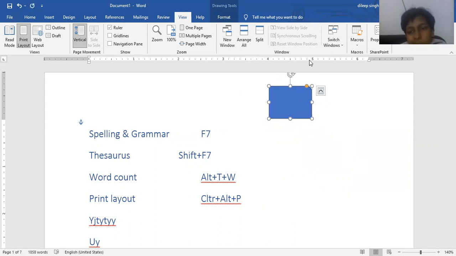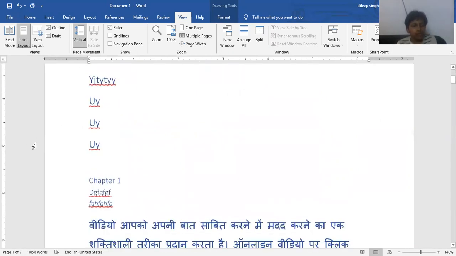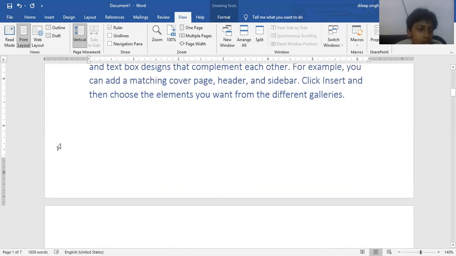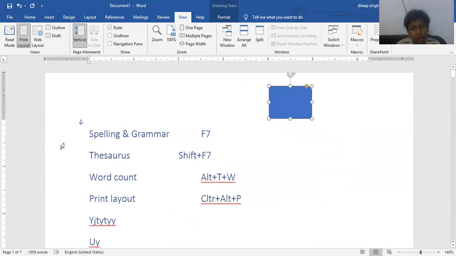If you want to make a 1 inch object, just drag it and make a 1 inch object by following this scale. Okay. This gray area shows the margin of your page. That is extra space available. That is not a working area, it is the margin of the page. So that blank area from the edge of the page is known as what option? That is margin. It will show in gray. Here is the top margin and here is the bottom margin. Whenever we use margin, it will show the gray color.